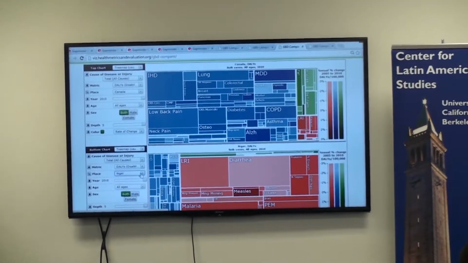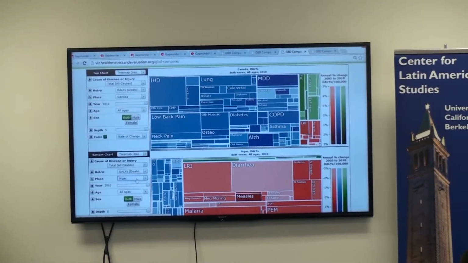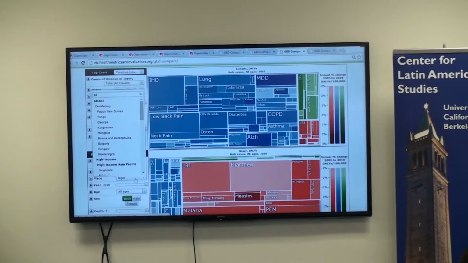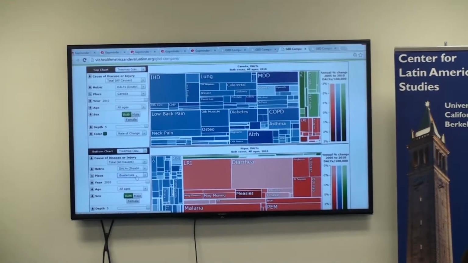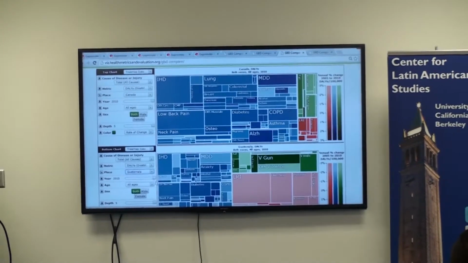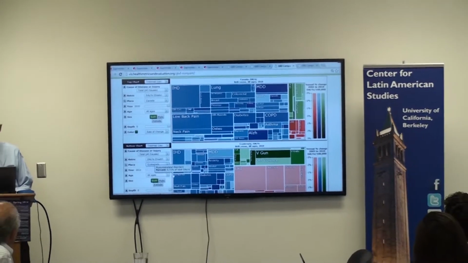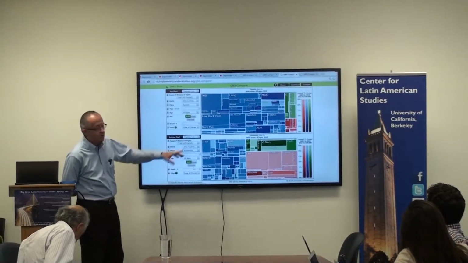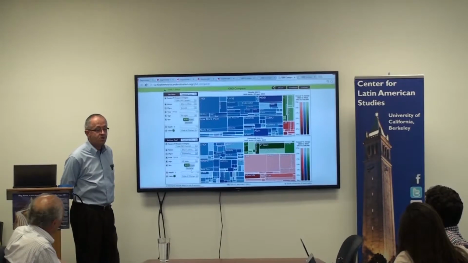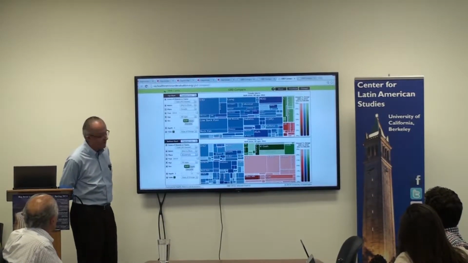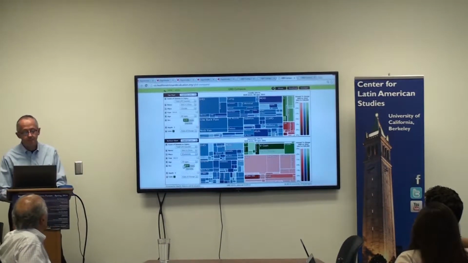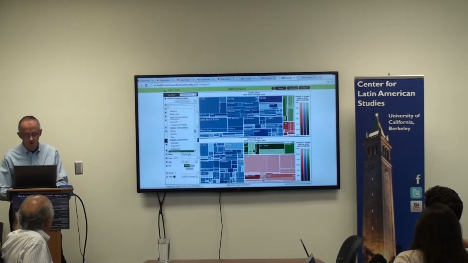If we go from here to Guatemala, you can see that Guatemala is in between Niger and Canada. And if we go to Mexico, neighbor,